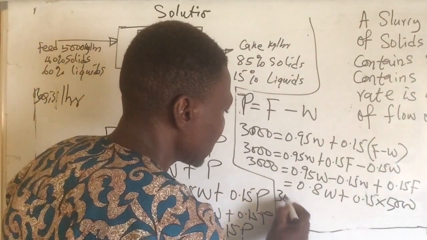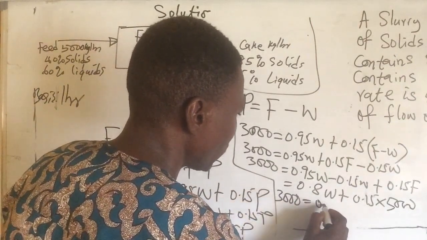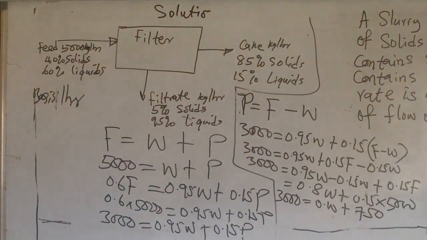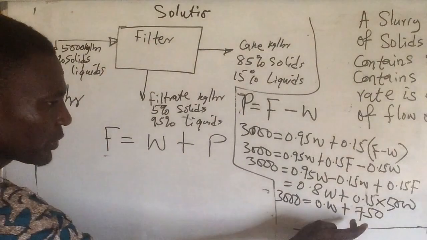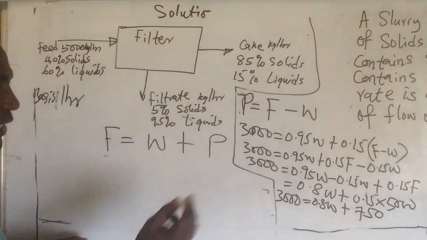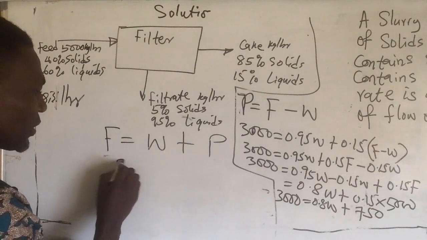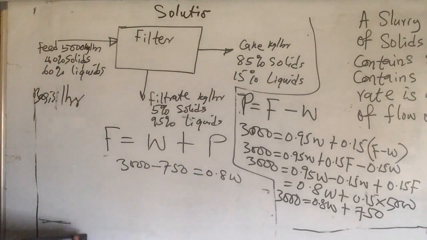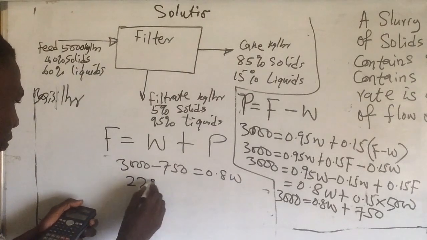Now we have 3,000 equals 0.8 W plus 750. Remember, now collecting like terms, this will come here, and this is 0.8. So we have 3,000 minus 750 equals 0.8 W, right? So when you subtract 3,000 minus 750, you now have 2,250 equals